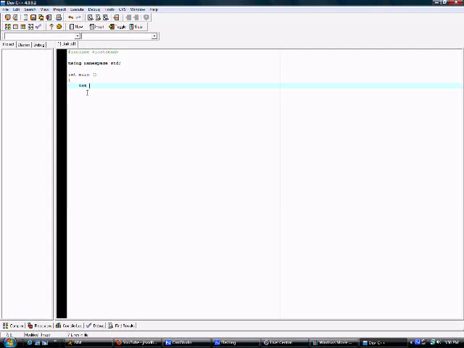Say int pause. This is just a simple hello world program we're going to do first. So cout, picture C as the name of the language, and then output. This is what's going to be printed on the screen, and whatever's inside the parentheses here will be printed. So if I say hello, my name is Joe,